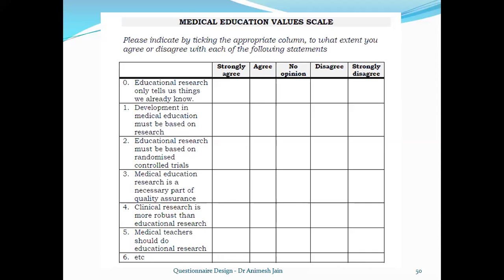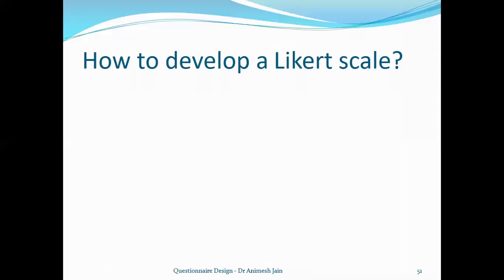Now you can have 3 point, 5 point, 7 point, whatever. Usually, no opinion is one of the options many times given, and then people take that because they don't want to be on either side. So that becomes an issue sometimes. If you really want to elicit something from the participant and don't want that no opinion or neutral option, you can avoid it and that becomes a forced Likert scale. That means you will give them an option only of strongly agree, agree, disagree, strongly disagree, or say agree and disagree only, not anything in between.